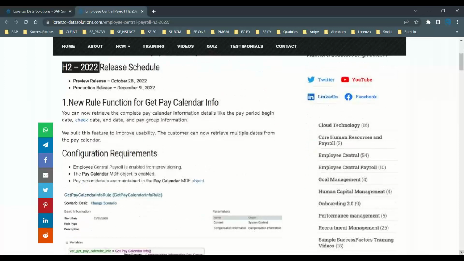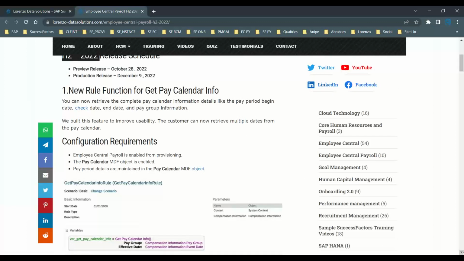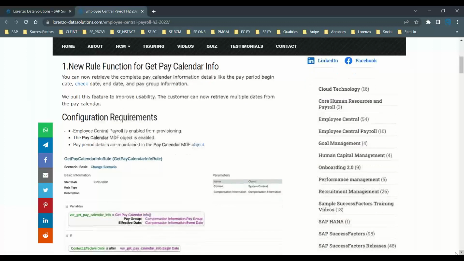I'm sure that those who go through this video will get clarity and a better understanding of a few of the functionalities. So the first release update is that SAP has now introduced a new rule function called Get Pay Calendar. You can see here there is a rule function called Get Pay Calendar. With the help of this rule function in business rules,